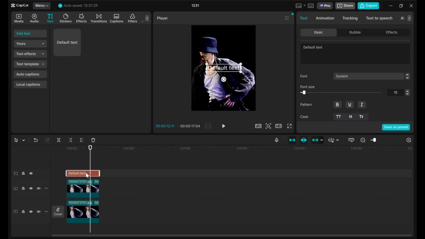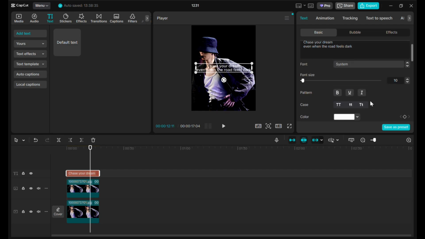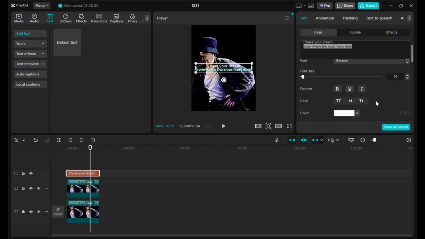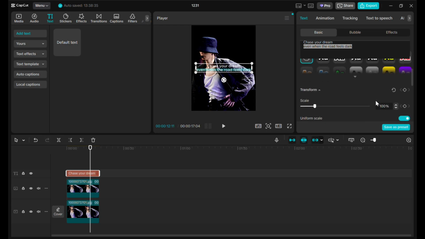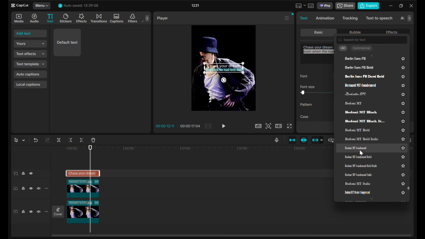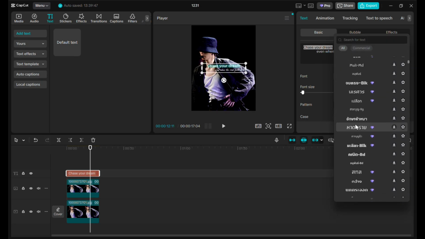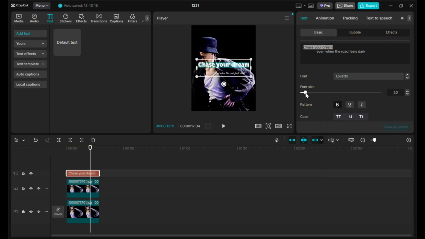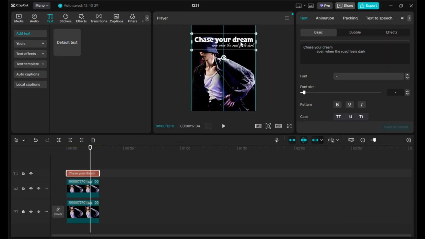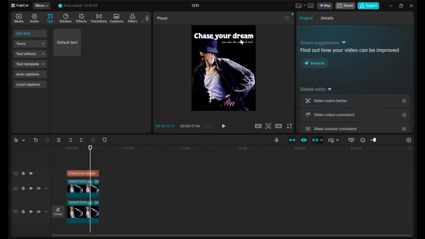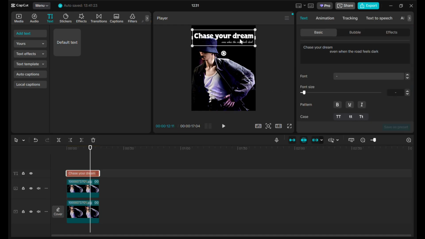And then just type anything that you like, for example. And then just adjust your styles. You can just choose font size that you like. For example, like this. And then next, you can also adjust the layer